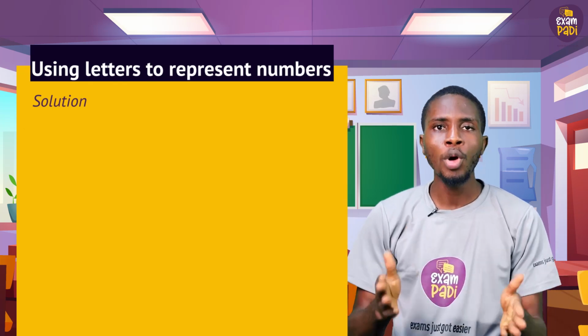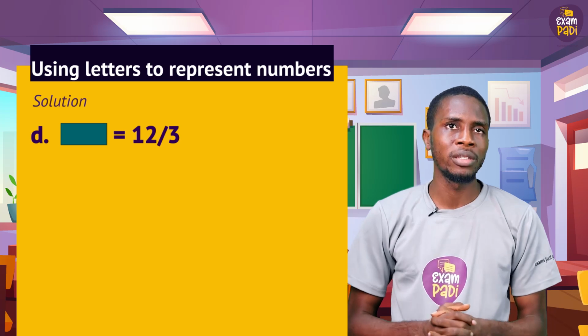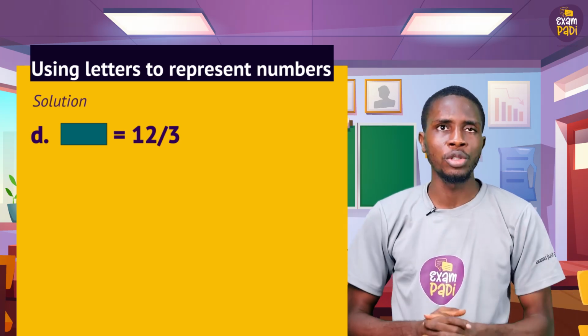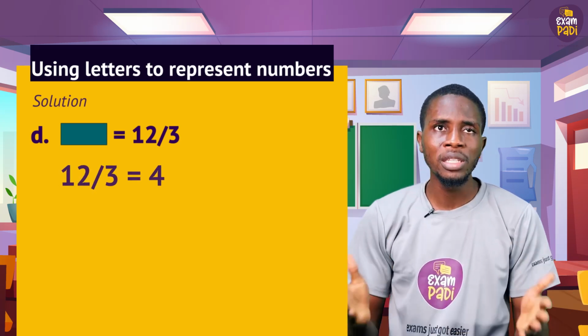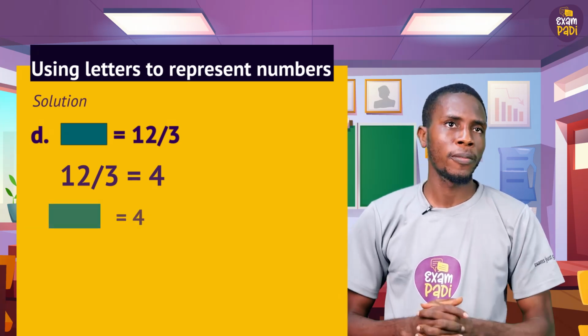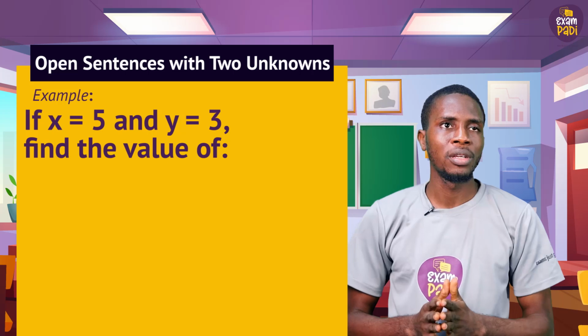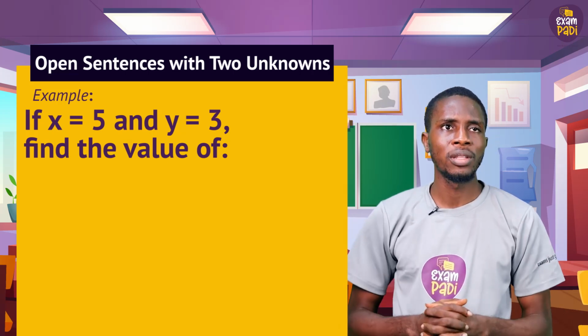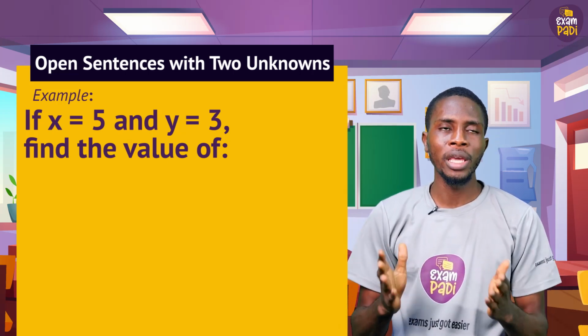D. Box equals 12 divided by 3. This is also a straight question. 12 divided by 3 gives us 4. Therefore, box equals 4. Open sentences with two unknowns. Example, if x equals 5 and y equals 3, find the value of